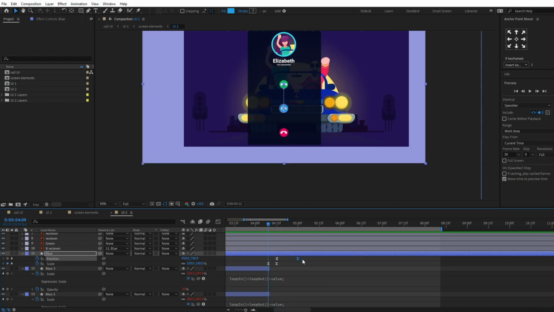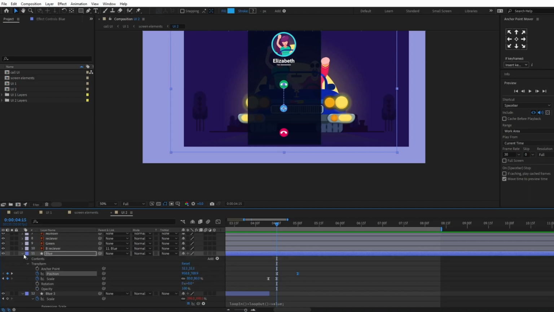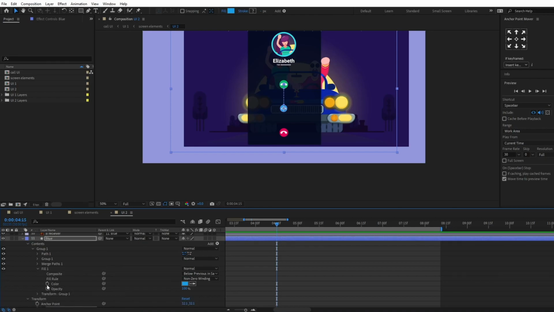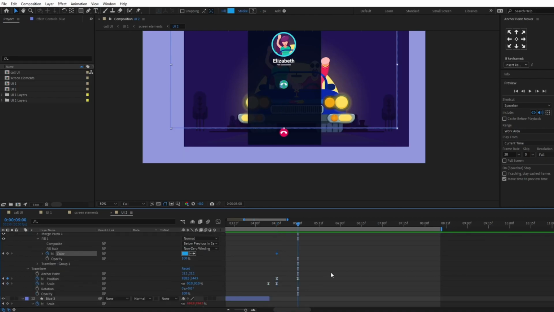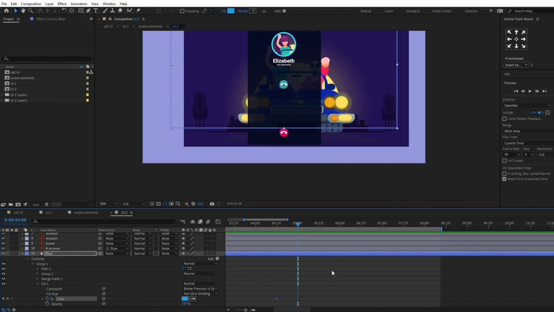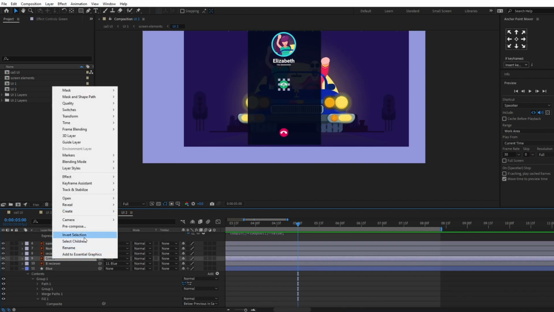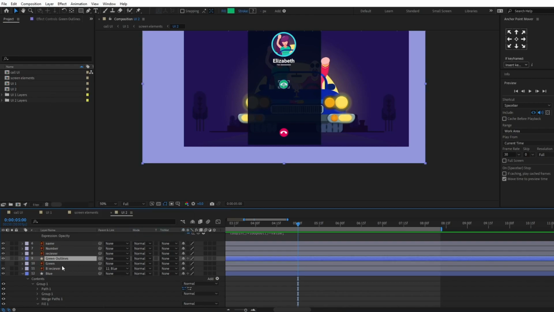Okay, now here I'm going to change the color of this button. So open the contents, group, fill, put a color on the color, put a keyframe on the color. Now after that, at this point we are going to turn this button into green color. So I'm going to select this green color and I'm going to convert this layer into a shape layer, and